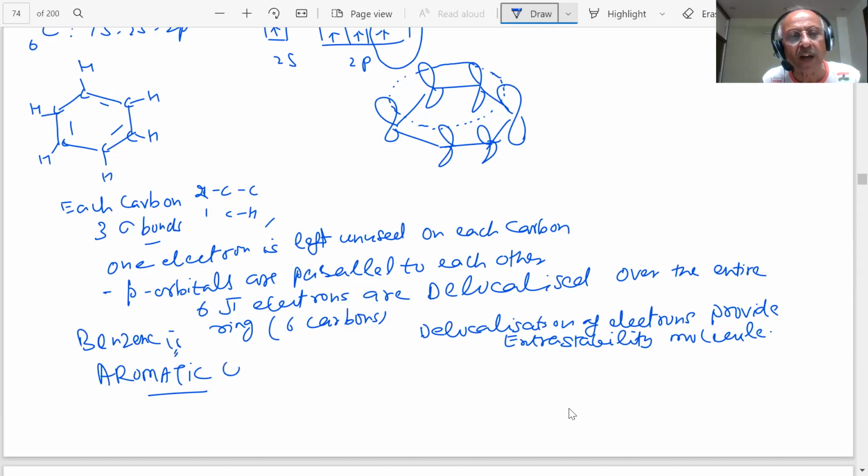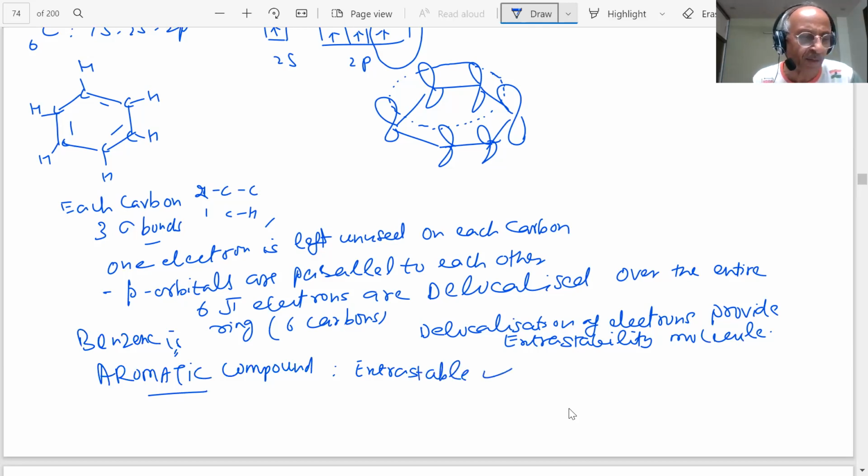Aromatic compounds. Though it has the C6H6 molecular formula, it has three double bonds, but these three double bonds are not localized. The pi electrons are delocalized over the entire benzene ring, students. Therefore, the compound becomes highly stable, extra stable. That is why its properties are different from unsaturated compounds. It does not give the test of unsaturation or a double bond, students. So this becomes extra stable.